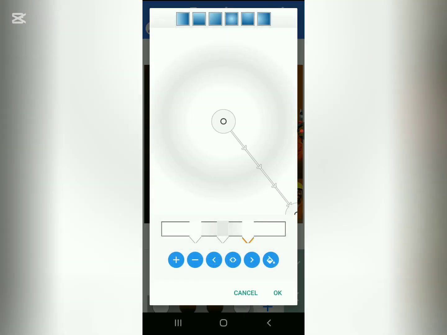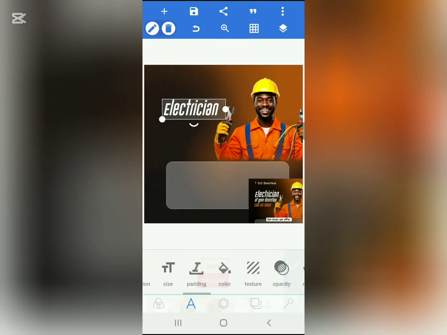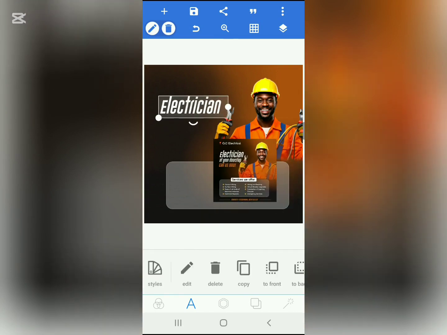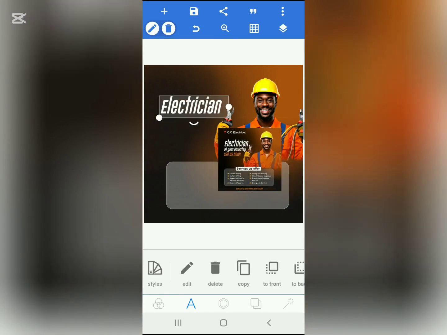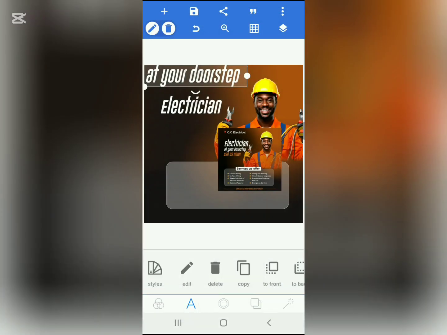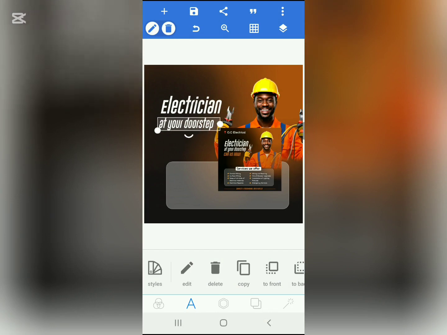So okay, let me show you the other thing. So see the particular layer I use. You can see it here. We have different patterns. So the pattern I used. All right, and we have it like this. So you see, that's this effect it gives this particular text. You see that? Good. So I'll make a copy of it and I'll write at your doorstep. At your doorstep. Nice. You see. So I'll put it here,